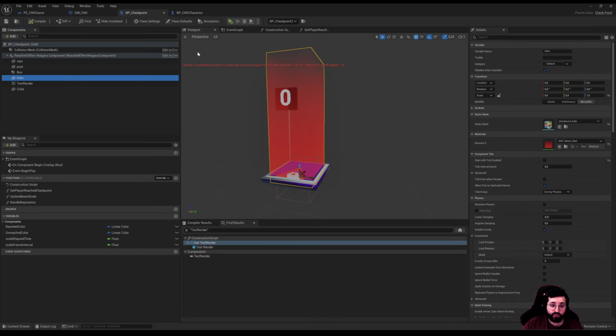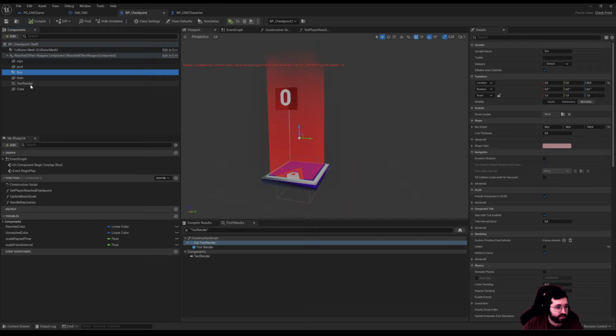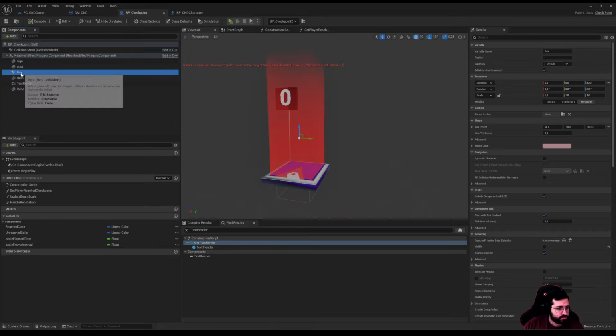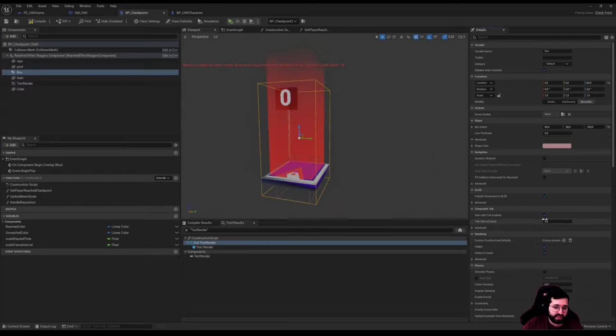The halo, my friend made it, I love it. Basically, it's red, and when we reach it, it becomes green. And you should have the box, I think this, yeah. No, that box is invisible, but if I set it to visible really quick, that's basically when you overlap in that place, when you overlap in the collision box, you're gonna see it's in